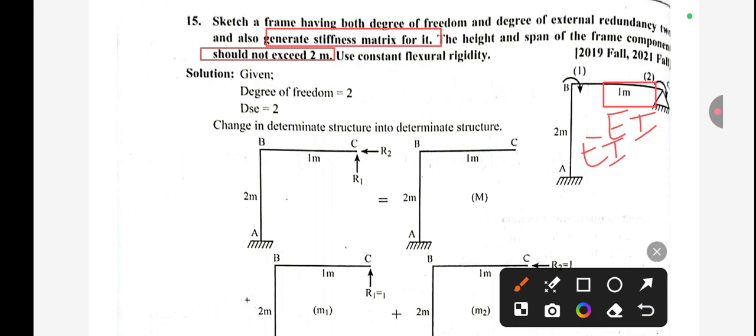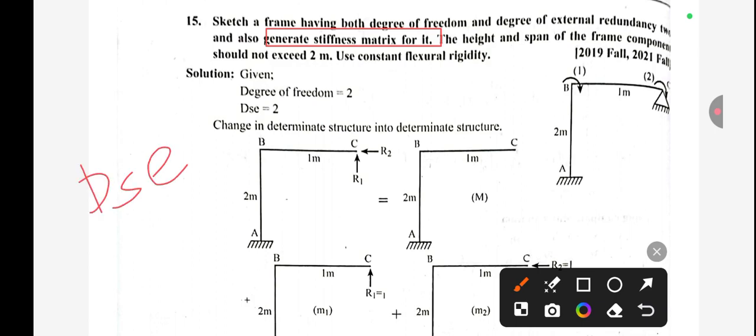So for this, now let's calculate static indeterminacy. As we know, the formula for the static indeterminacy is DSE, okay. At the very first we need to calculate external indeterminacy. So for DSE we have the formula r minus 3, okay. So r means total number of unknown reactions, okay. 3 is the equilibrium equations. So r means, you can see here we have